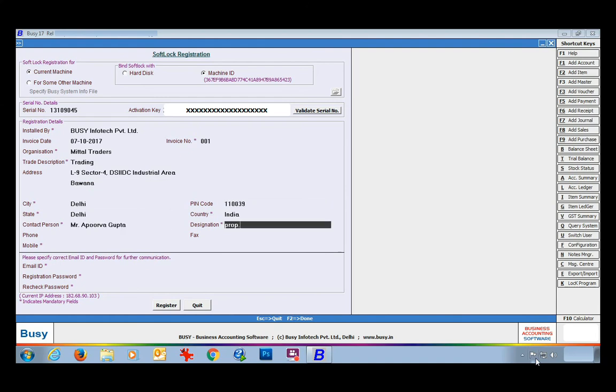After this, you need to specify the email ID for communication. Please specify the email ID very carefully, as all further communications or mails will be sent by Busy on this particular email ID. Then specify the password and recheck the password, that is, again specify the password to check. Again I am mentioning that please mention a correct email ID, because the security file will be sent to this particular